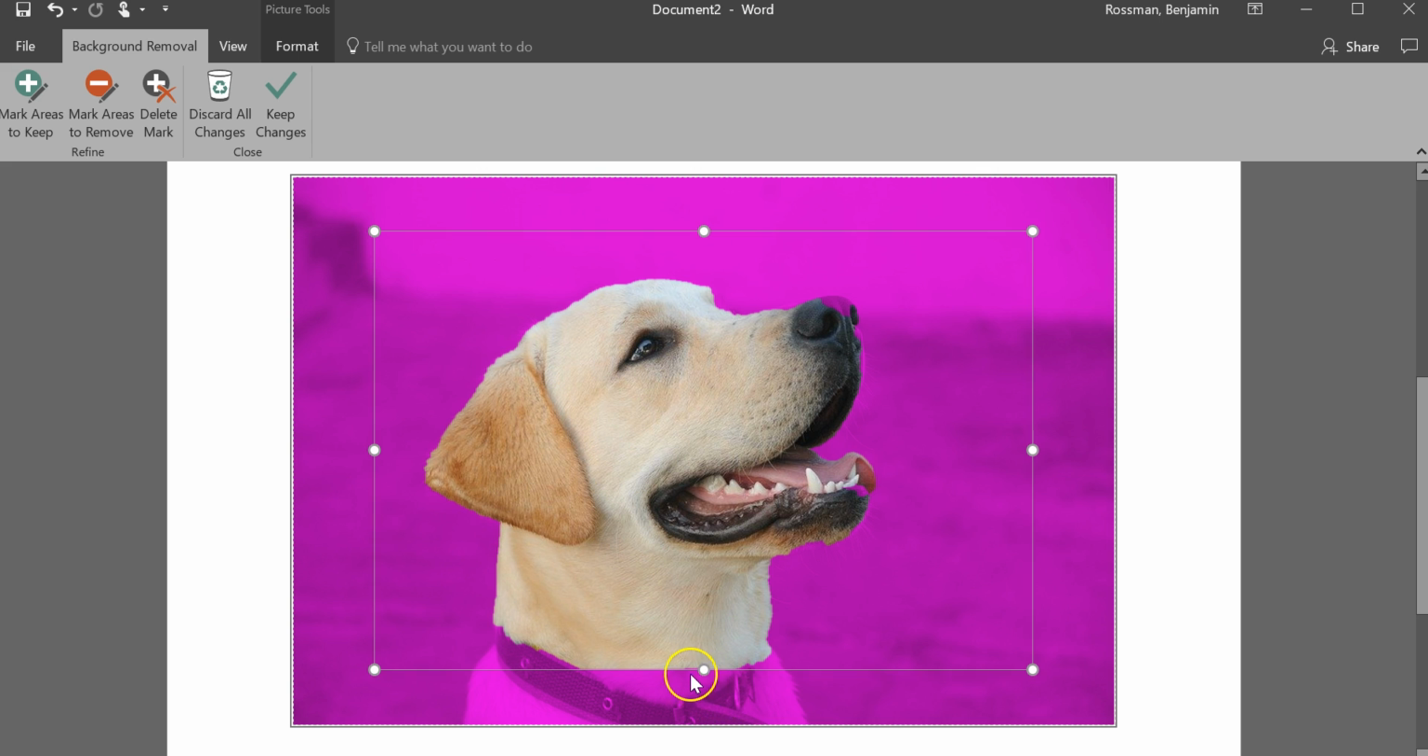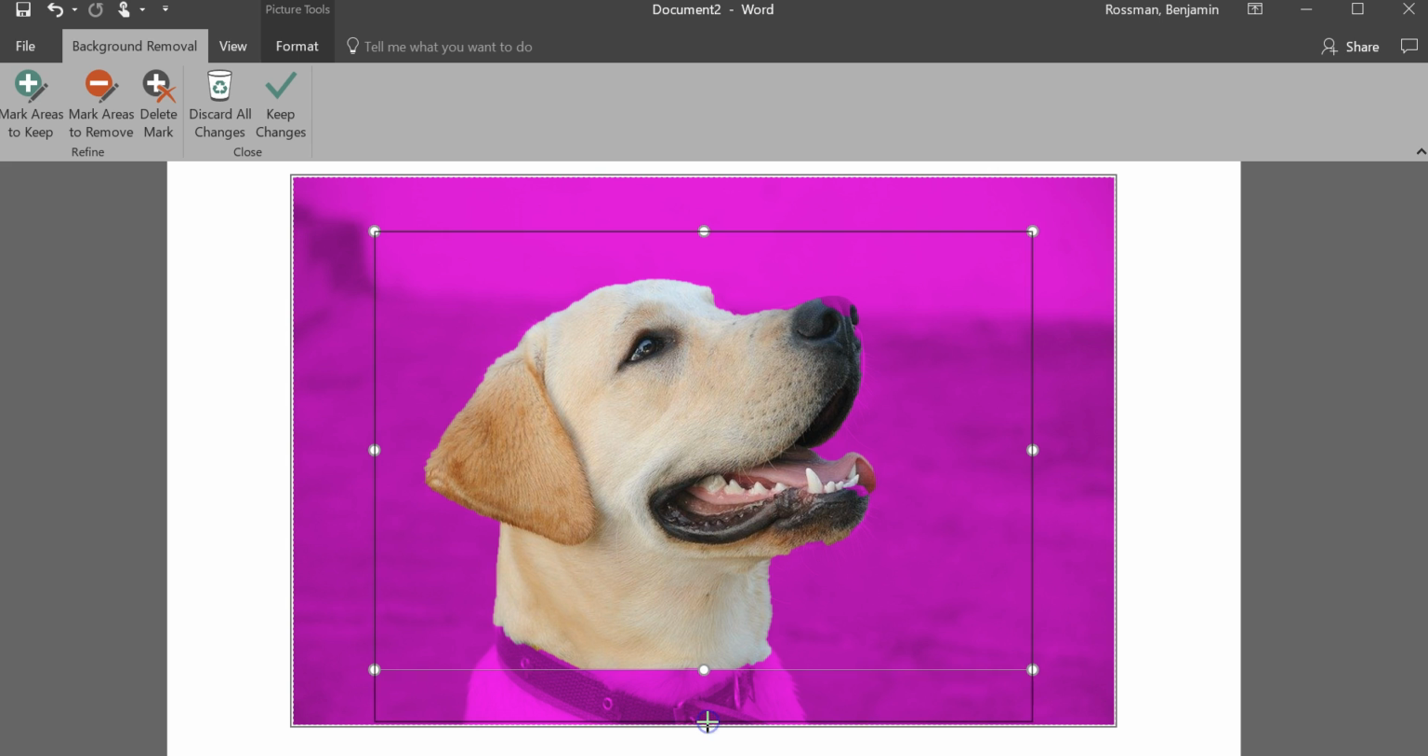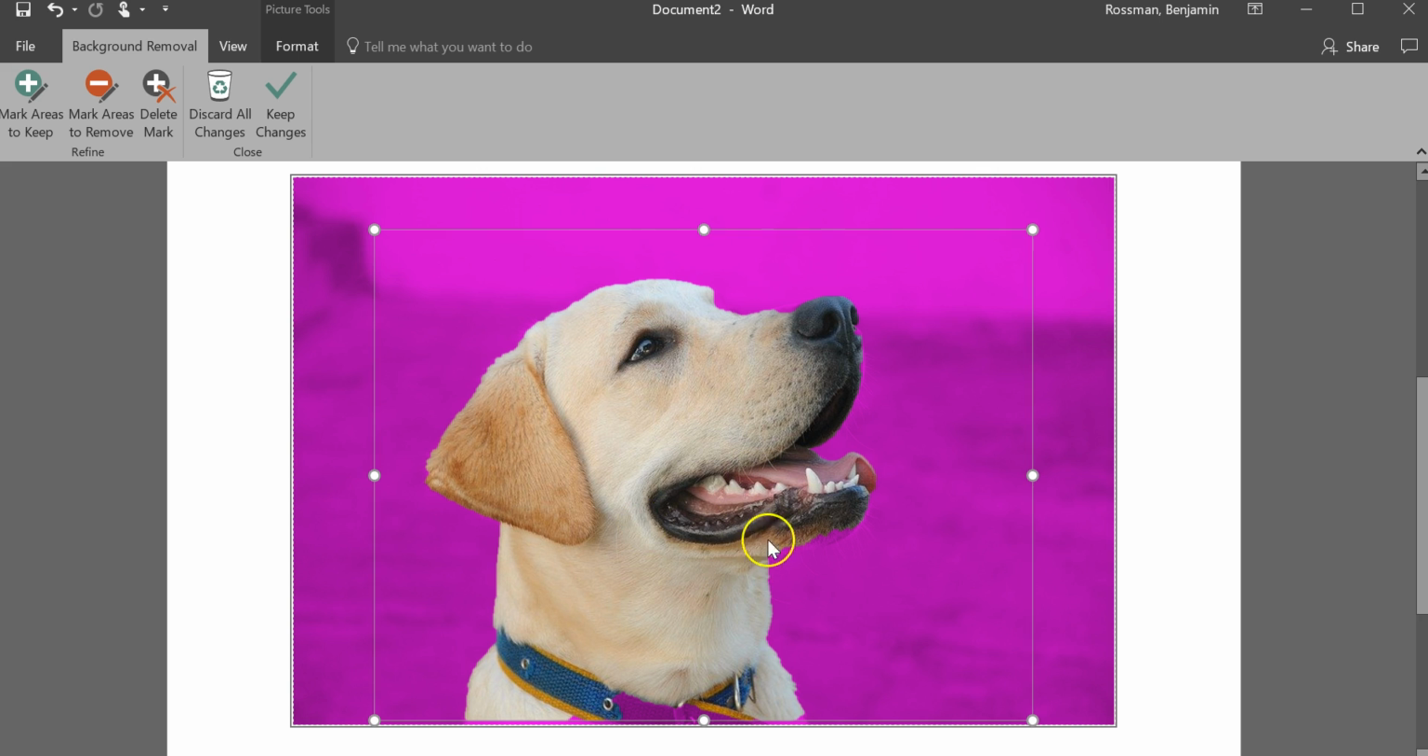So the first thing I typically do here is resize the box of selection so that everything that you'd like to keep will be contained within that selection box. Now this is a pretty intensive feature for Word, so it does have a little bit of lag as you're resizing and doing some things. So you just saw it flicker. That's normal, especially on older or less powerful computers. So just bear with it. It will work. Okay, now that I have the box fully around my subject,